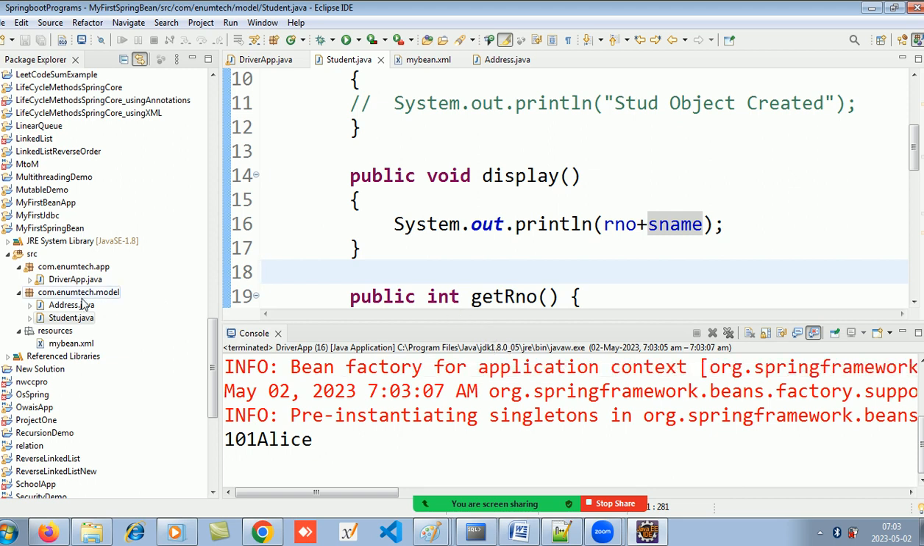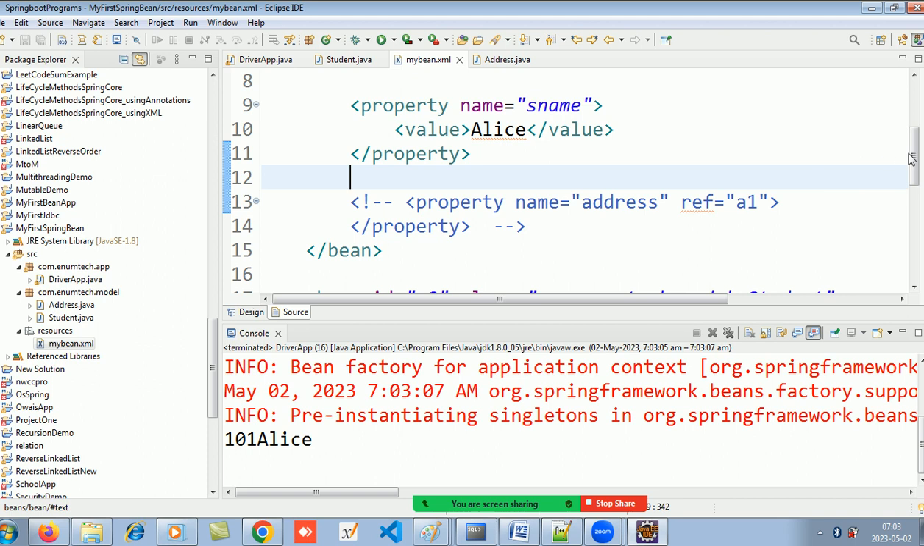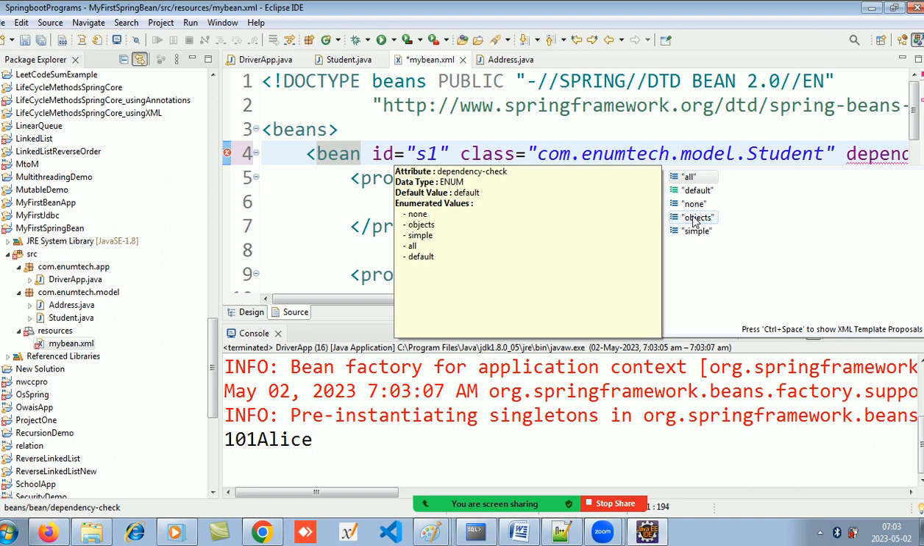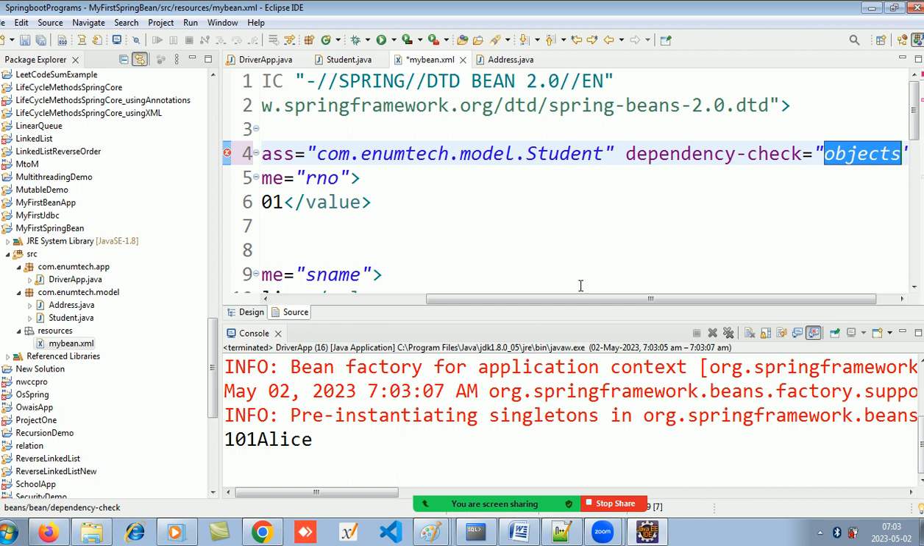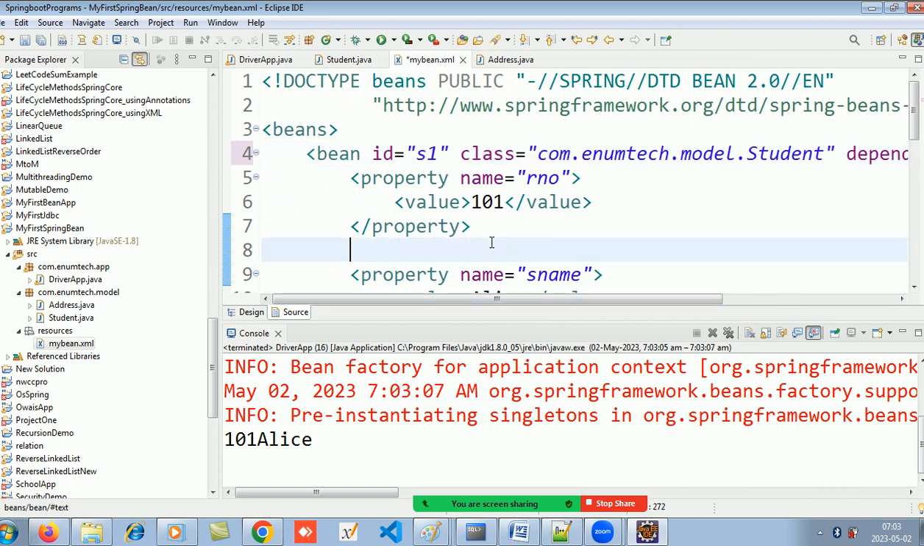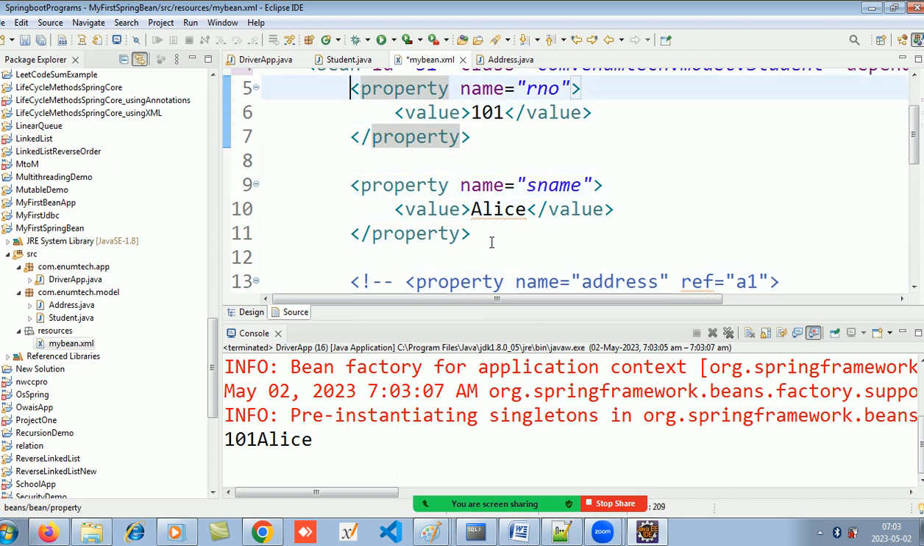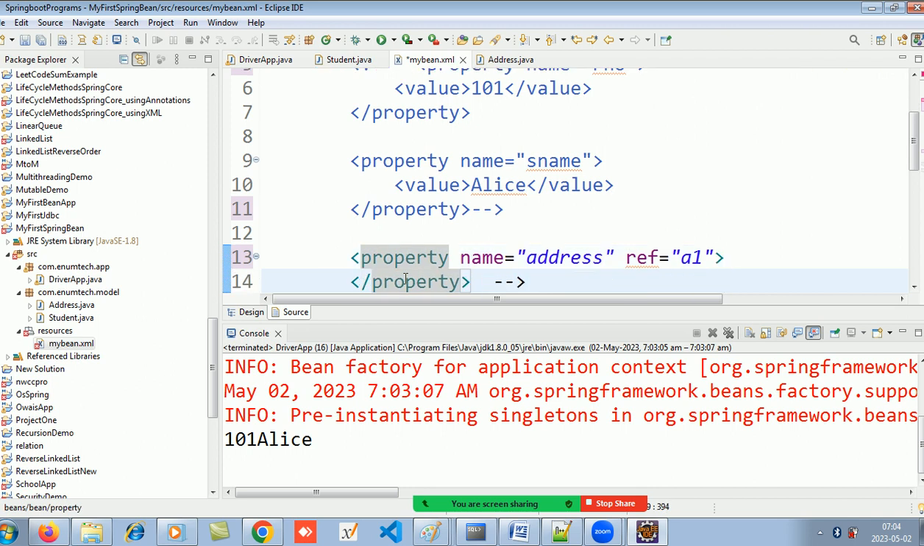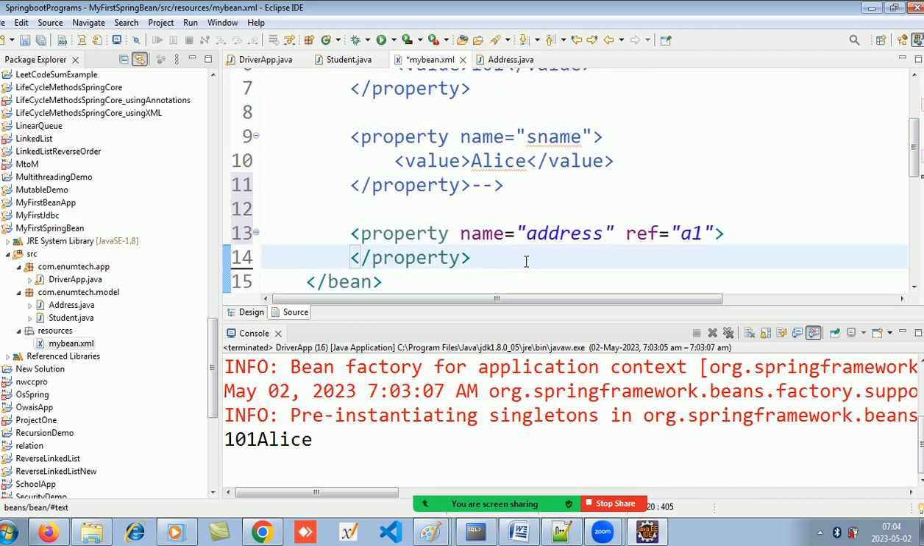तो उसने क्या किया, जितने भी प्रिमिटिव हैं उसको कंपलसरी कर दिया कि उसकी आपको प्रॉपर्टी देना है, क्योंकि आपने डिपेंडेंसी चेक सिंपल रखा हुआ है। अगर मैं डिपेंडेंसी चेक ऑब्जेक्ट्स कर दूं, तो फिर जितने भी नॉन प्रिमिटिव्स हैं उनको देना कंपलसरी हो जाएगा। Primitives can be skipped, but non primitives को आपको प्रॉपर्टी देना जरूरी हो जाएगा। And this is how you comment in your XML, like comment in HTML. अभी प्रिमिटिव्स को आप स्किप कर सकते हैं।